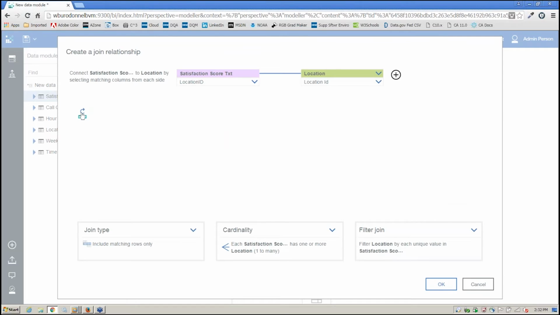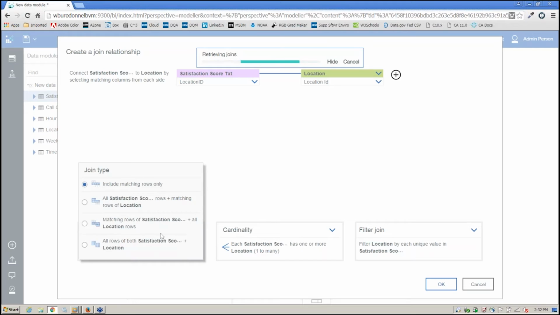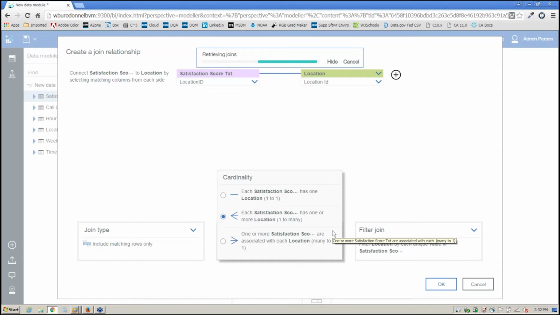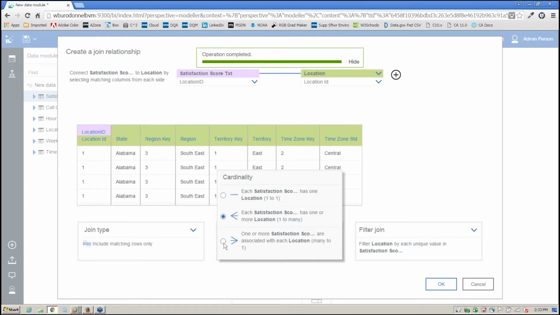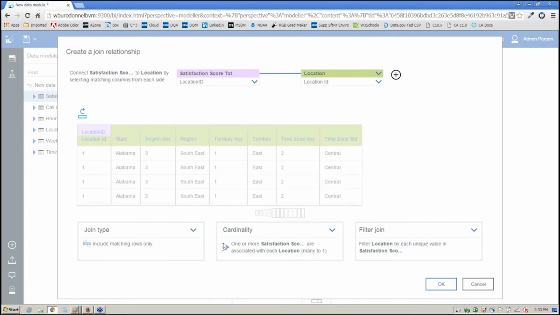And if I click on this little icon here, it's going to go back and basically give me a representation of what those two are going to look like combined together. Now you notice down here I have the ability to change my join type. So if I want to just do including matching rows, I can change that to any one of these options here. I also can take a look at the cardinality. So each satisfaction score has one location or multiple. In this case, I know that the satisfaction score is associated with an individual,